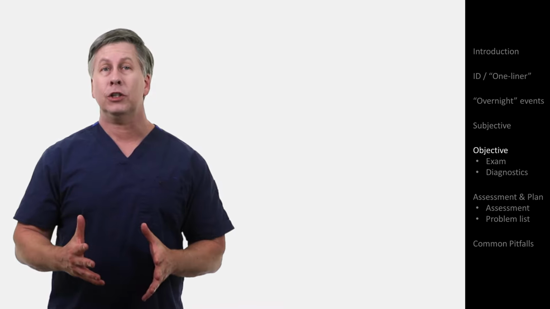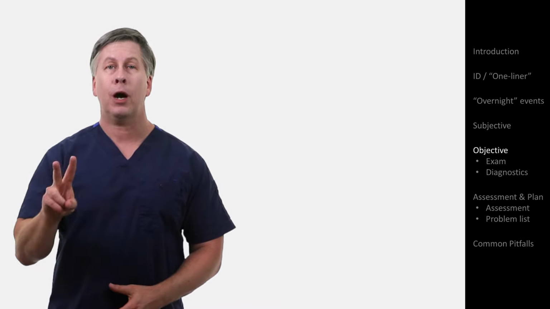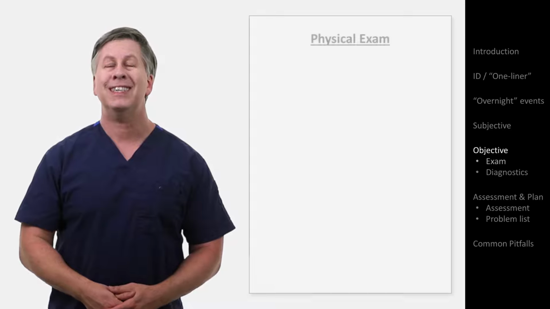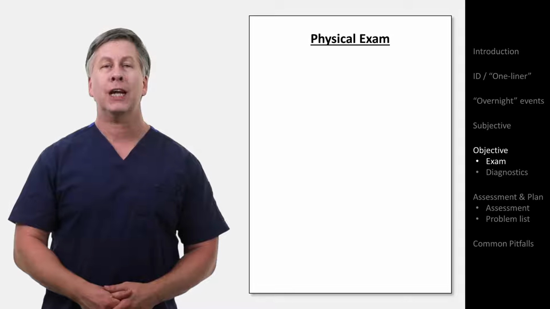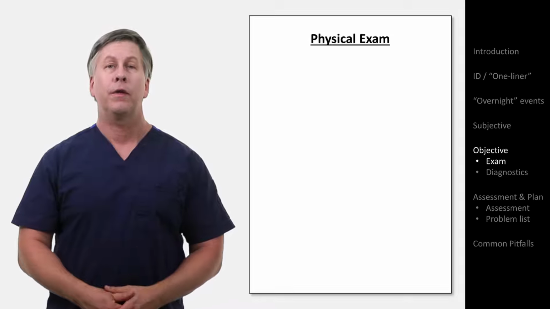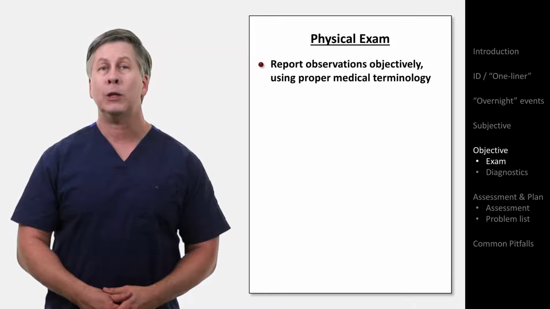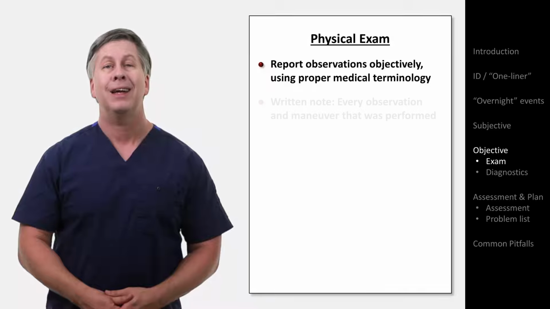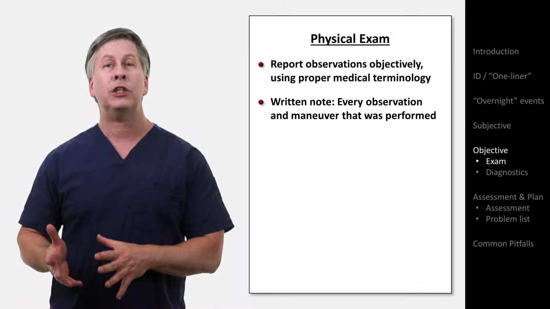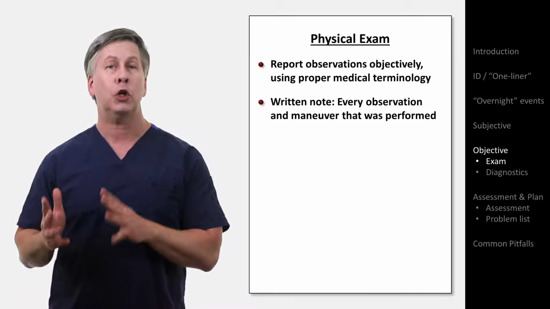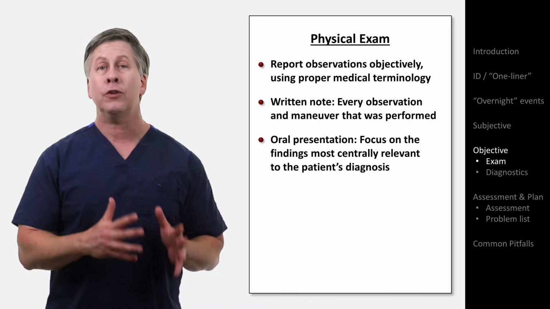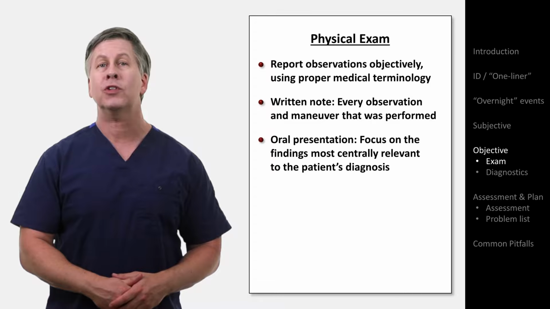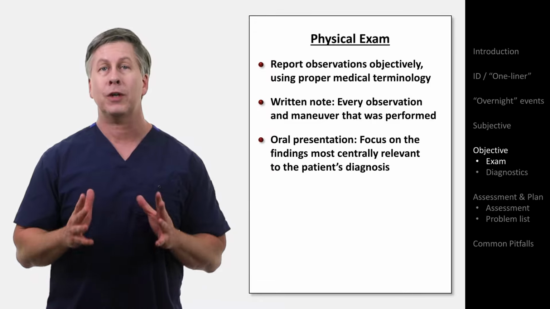The objective section of the SOAP has two subcomponents, the first of which is the physical exam. This should be very similar to the physical exam section of an H&P. Report observations objectively using proper medical terminology. In the written note, every observation and maneuver that was performed should be included. In the oral presentation, you should focus on only those findings that are most centrally relevant to the patient's diagnosis